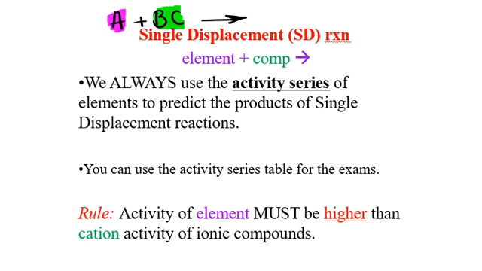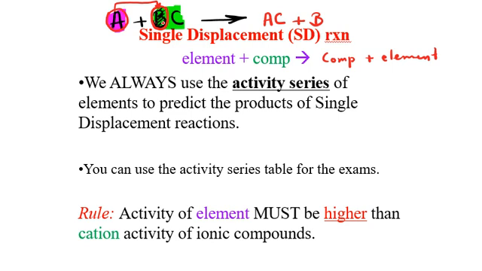During this reaction, A as an element should be written here. In other words, we are going to replace B by A. So A should be written here. We have this replacement, we call that AC, and B is released. During this reaction, as you see, we are going to make one compound and one element. So how do we identify a single displacement reaction? When you have an element and a compound on the reactant side,